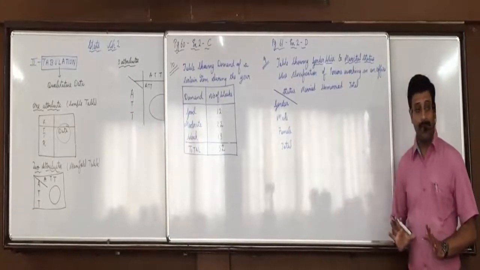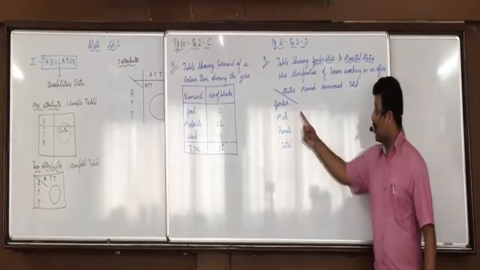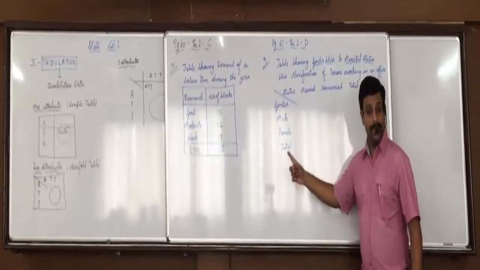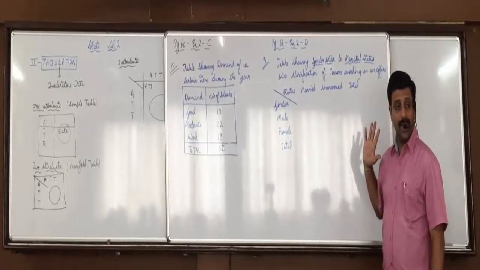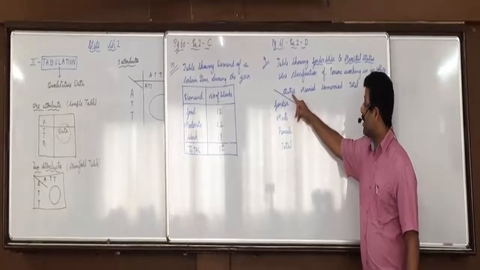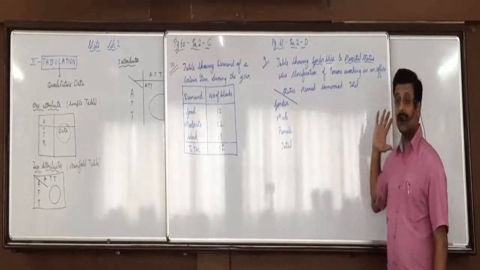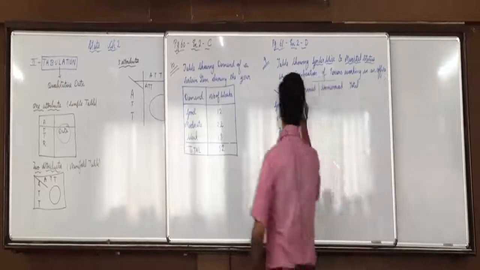Understood this? Any confusions? Every attribute will have its total. So gender also has its total. Status also has its total. Understood that? First attribute gender comes in rows. Second attribute status comes in columns. Anyone who is not there with this? Make this table.